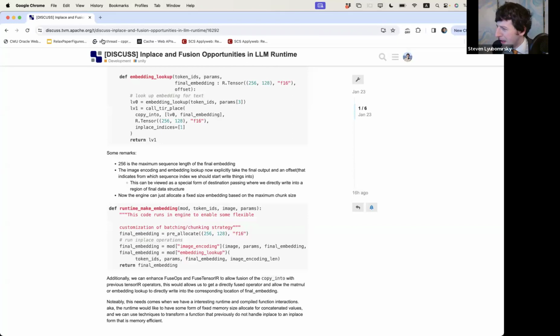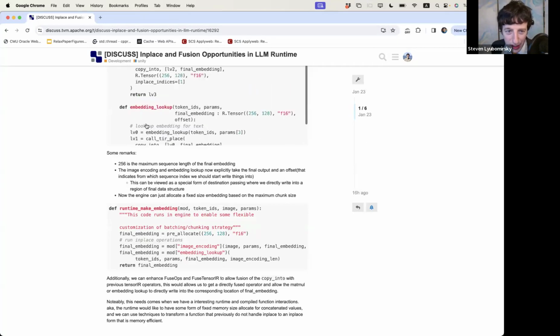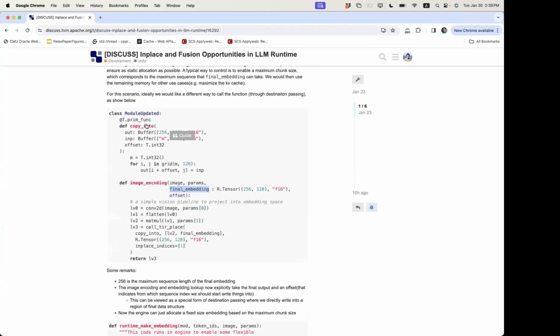I think the big issue, maybe, okay, here's a question though. I'd be curious to hear your perspective. For using some of these in-place operators, what would be the mechanism? Do we anticipate some kind of automatic rewrite? And if so, what should that rewrite be? Or do you think this should be done manually? In this case,